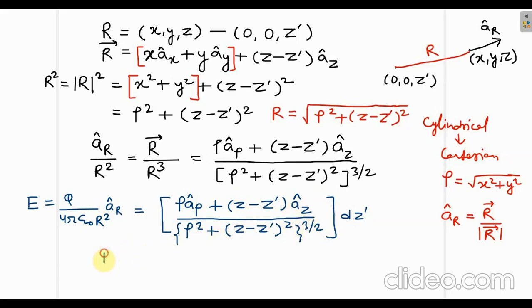Now this R equals rho square plus z minus z dash square to the power 1 by 2. This is what we are writing. Since it is a root, the root over can be replaced with the power 1 by 2. And this can be written as